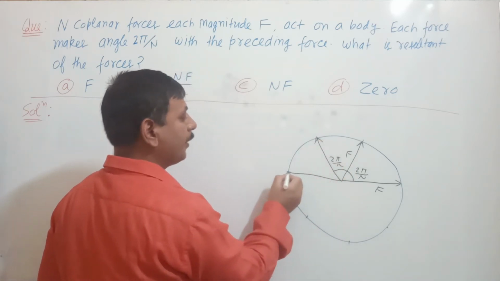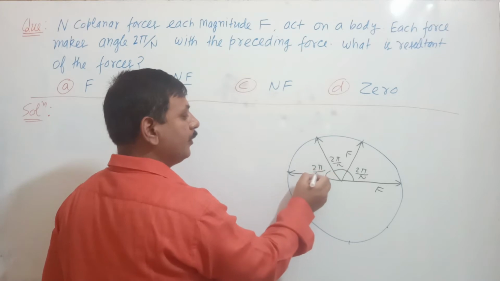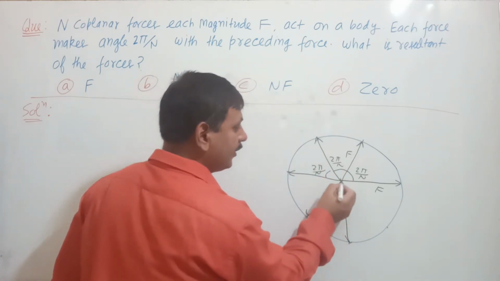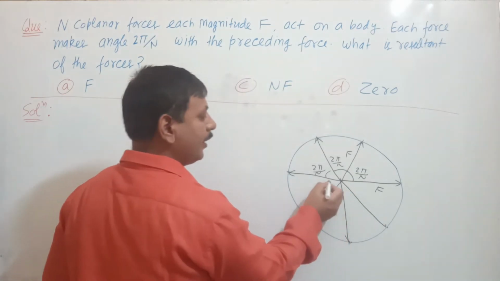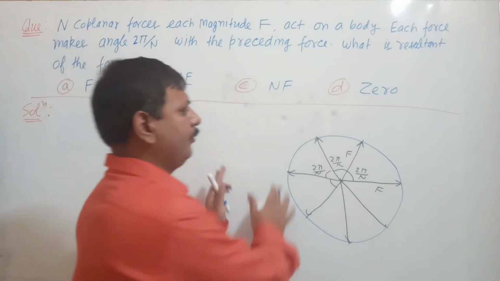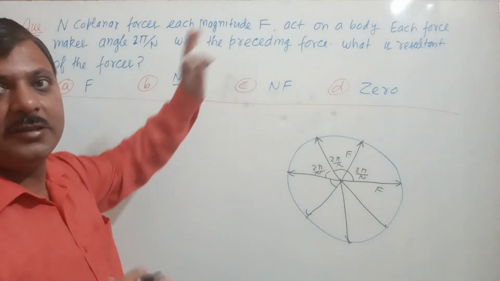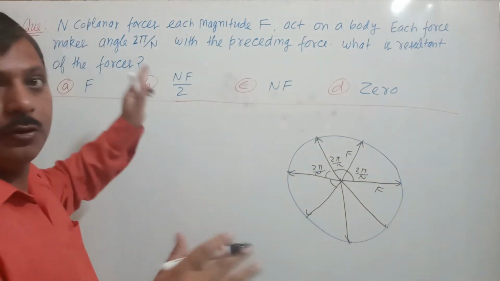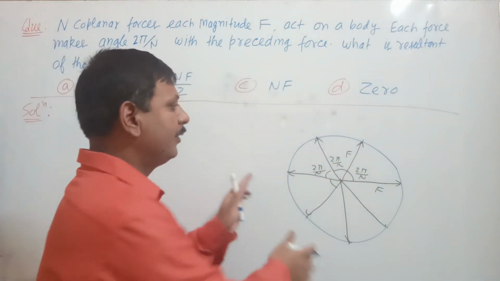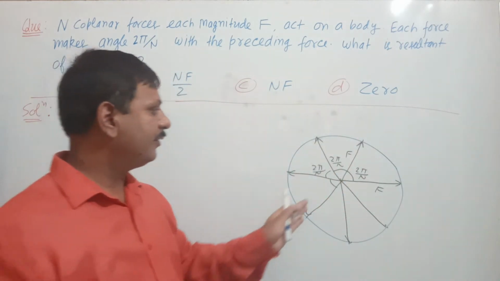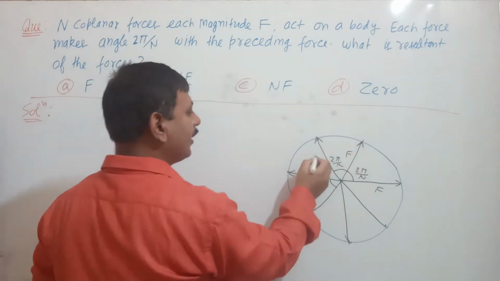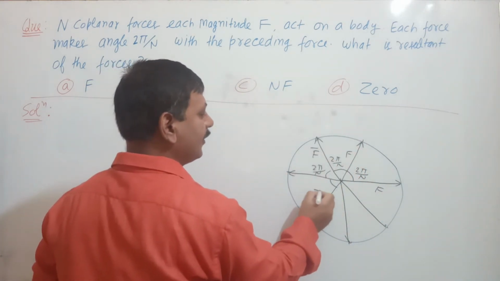This is also 2 pi upon n. It is better, you can represent it by the circle form. Here you can say each angle will be 2 pi upon n. So it is very easy to represent this vector F, n coplanar vectors, if the angle between two vectors is 2 pi upon n. Divide the circumference into how many parts? N parts, and join one by one, so we can represent these n forces.